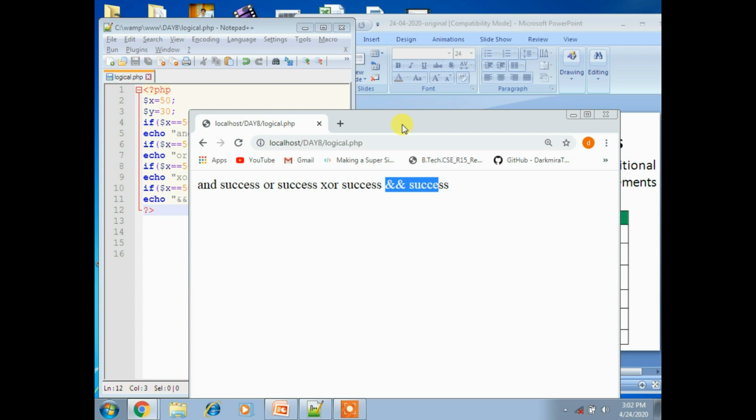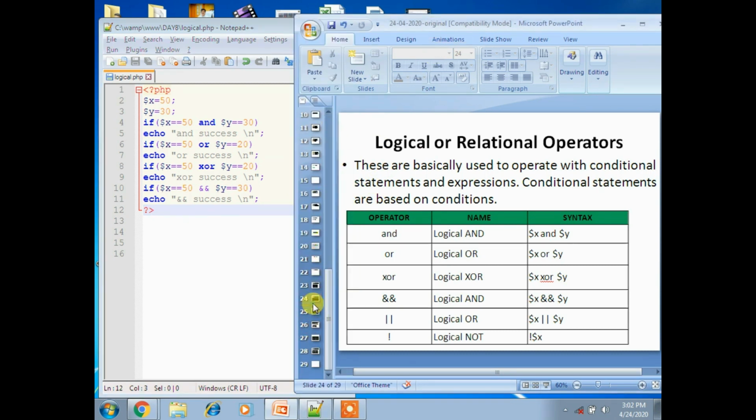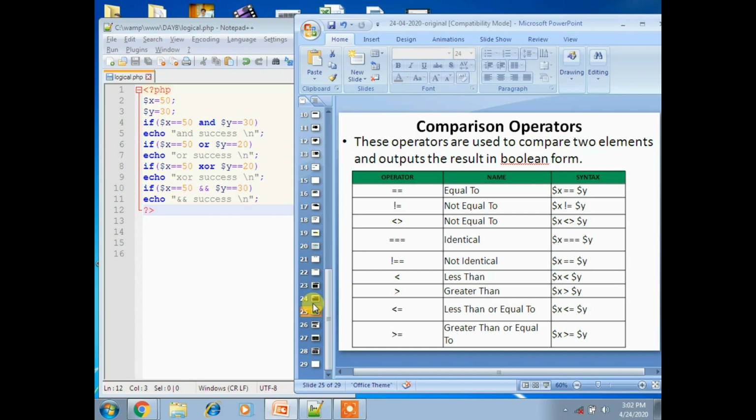Now let's see another example. You can have another operator, that is the comparison operator. These operators are used to compare two elements and output the result in Boolean format, like yes or no. If it is okay, then it will go to another page, otherwise it will stay there only.